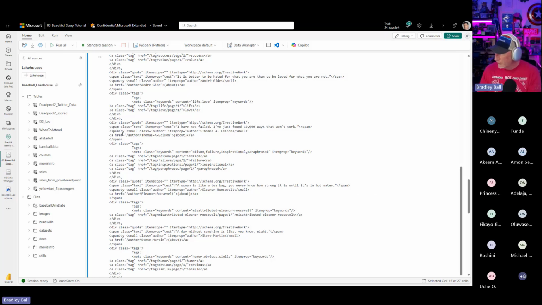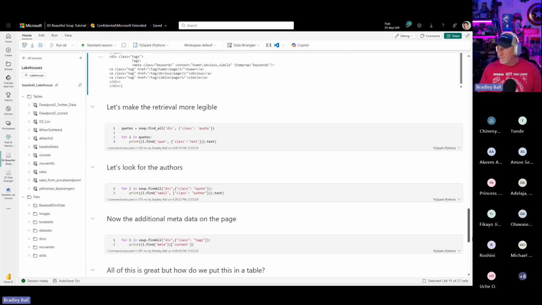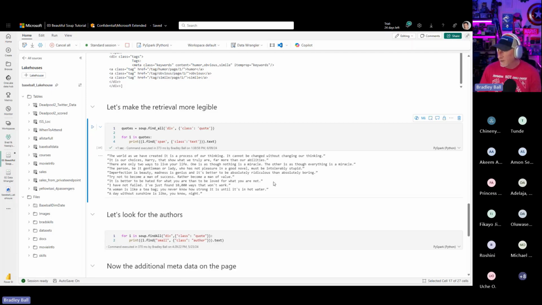Now you'll notice we've got another span, and then we've got a class author, and then we've also got metadata tags. And so if we want to be able to scrape, we've got to parse the code, find some type of logical pattern, and then extract from that. So we'll do a loop and we'll look specifically for the span class text. We come through here, and now we've got a list of our different quotes.